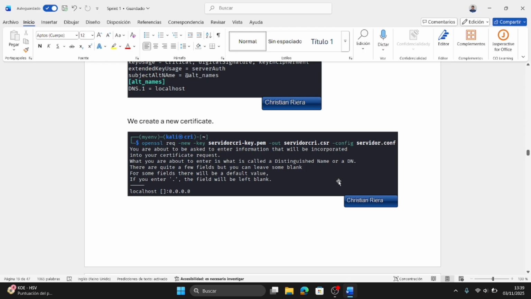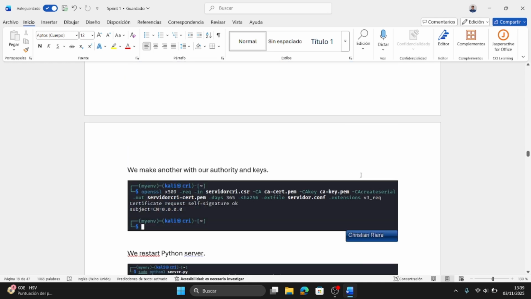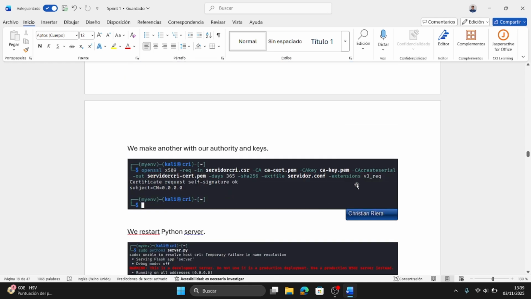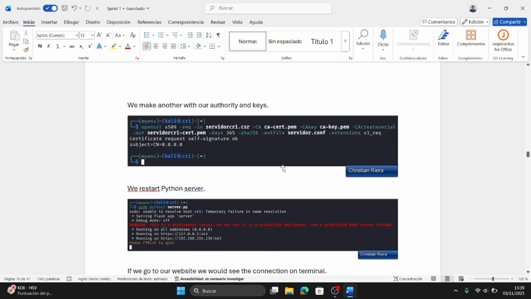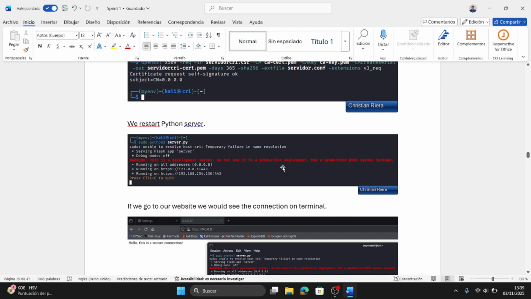We create a new certificate using the certificate authority and the config file, and we make another with authority and keys. We restart the Python server,